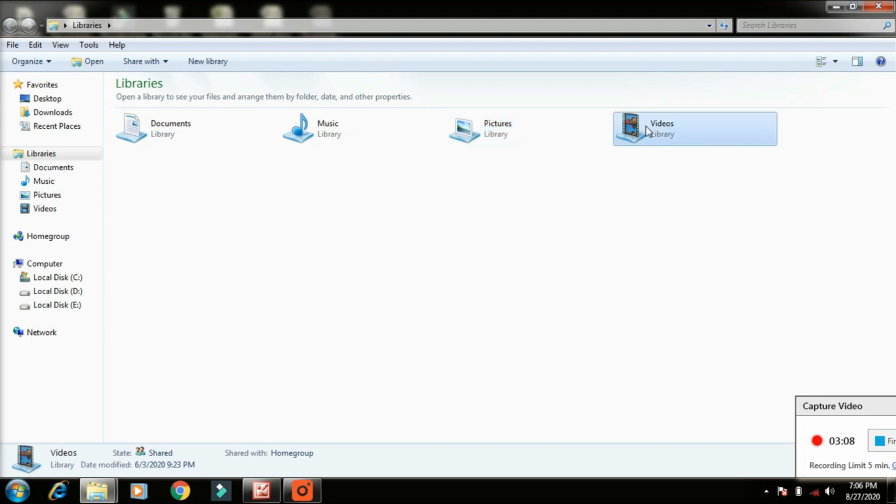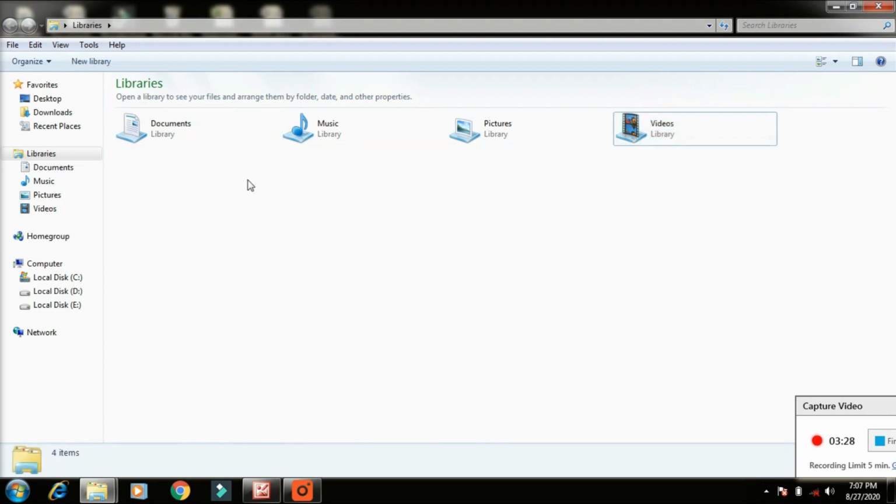And videos, you know very well, everything we can keep in a separate folder. Those folder names are document, music, picture and videos. The place that contains this information, the general name is called library.